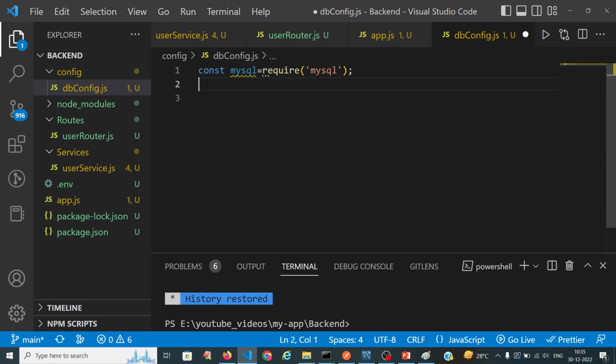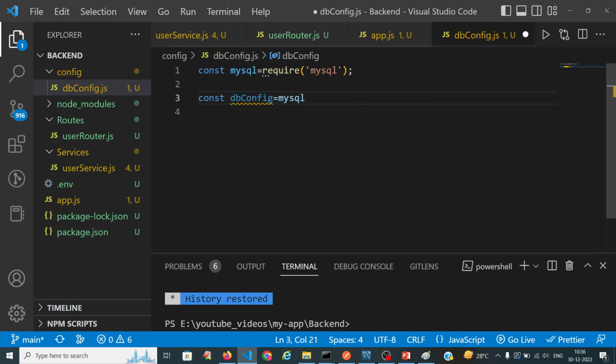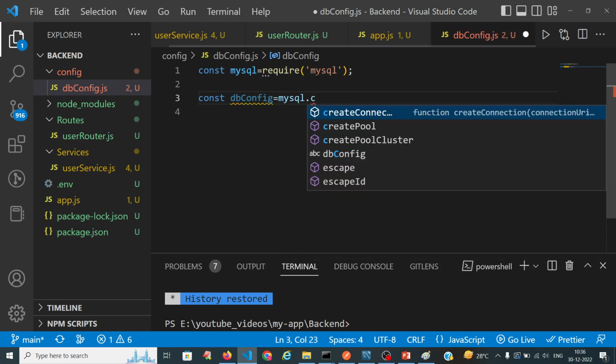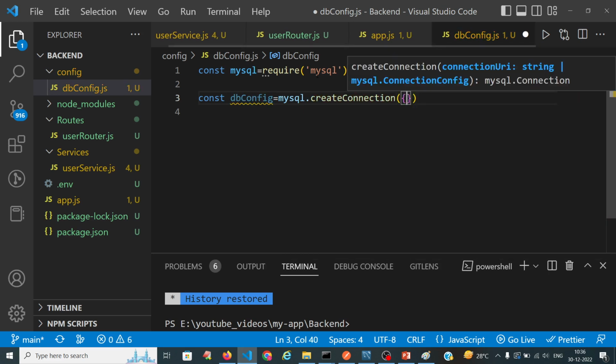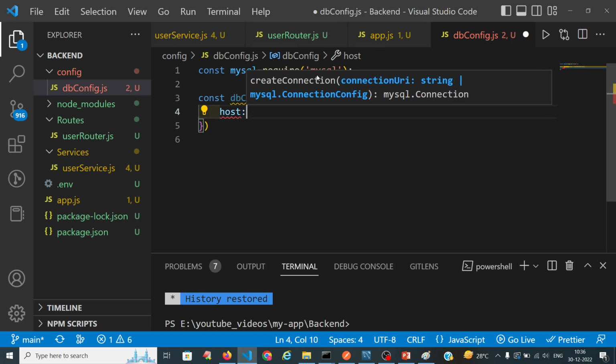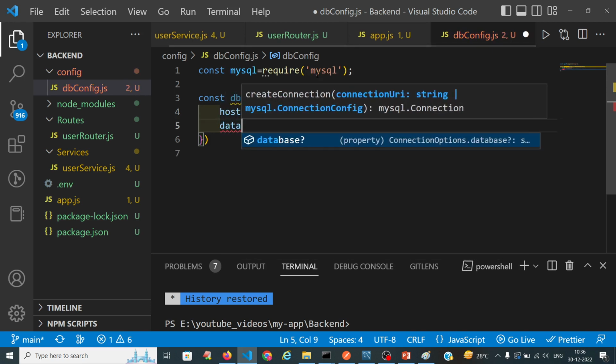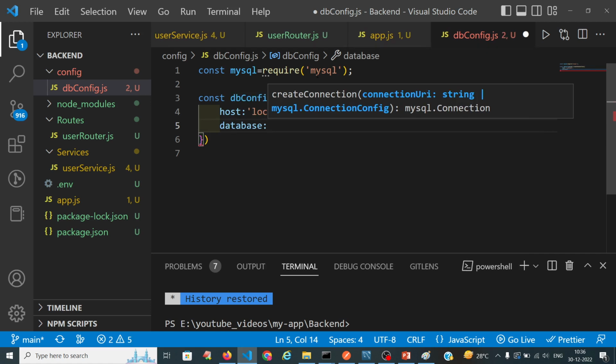So I imported MySQL, and I write the variable name as dbconfig equals the MySQL which I imported, mysql.createConnection. I will create the connection first to my database, which has been created with the database name userdb and a table with the user information. So I am using the host as localhost, and the database name, which I told you is userdb,